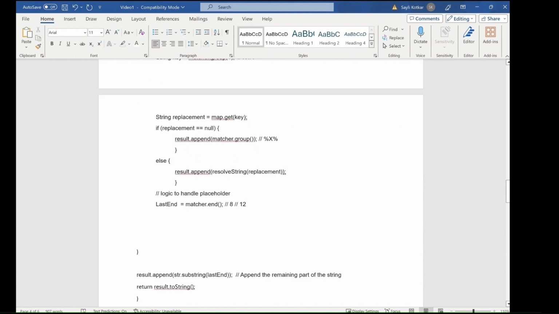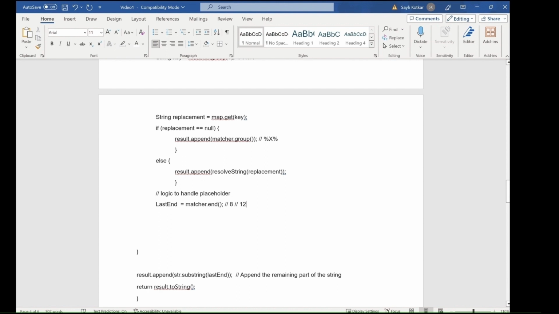Now regarding the space and time complexity, space complexity wise, it should be O of k, where k is the total number of entries in the map. For the time complexity, overall time complexity of this approach is primarily dependent on the number of placeholders and the depth of the nested substitution. So generally it would be O of n into m, where n is the length of the input string and m is the number of placeholders to process. To be very specific,